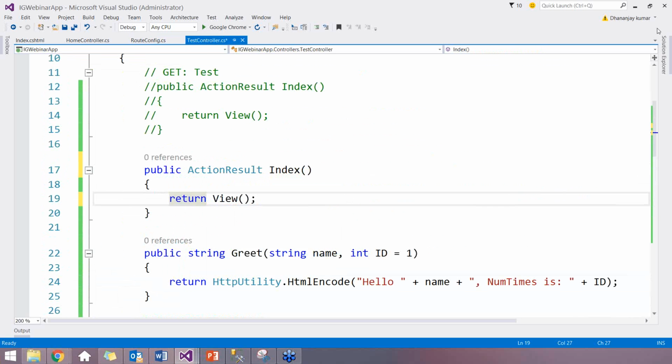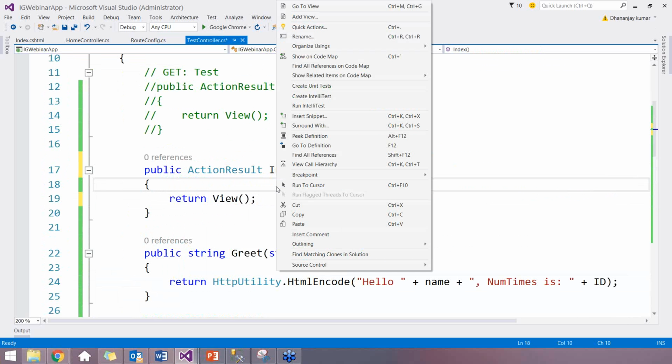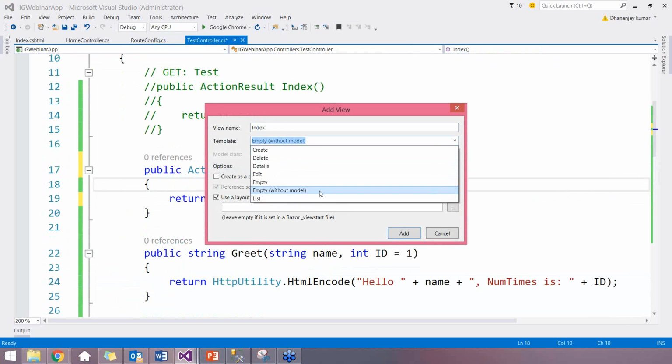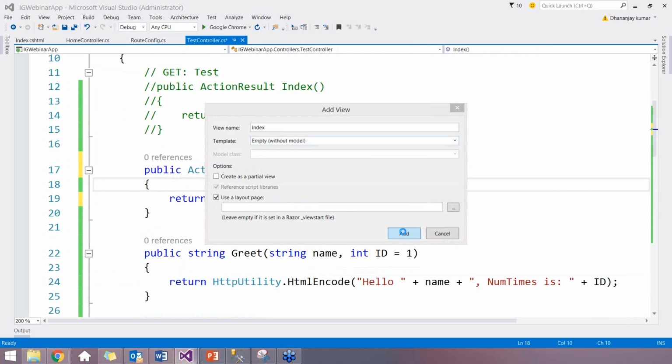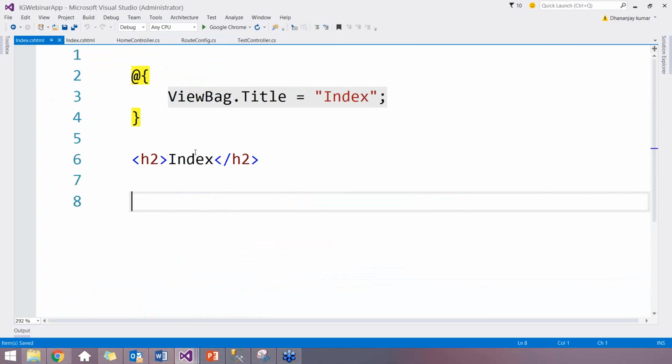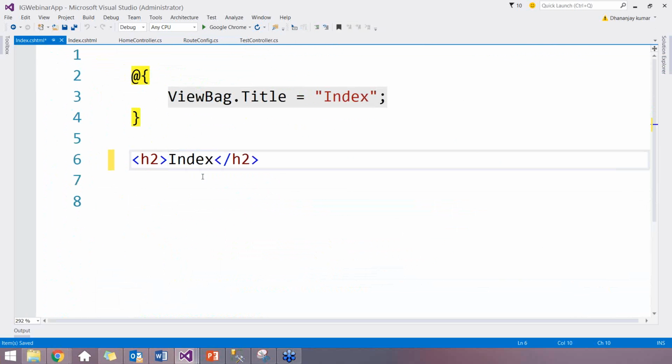Now to add a view, right click on your action and say add a view. When you select that, it has many options for the templates. You see the options are create, delete, details, edit, empty, empty without model, list. We are going to use empty without model. There's also a concept of partial views which we'll cover later. So go ahead and create a view by choosing empty without model and click on add. So you see that we just created a view. We can say index of